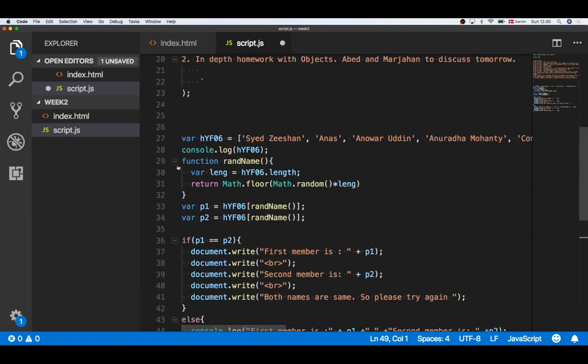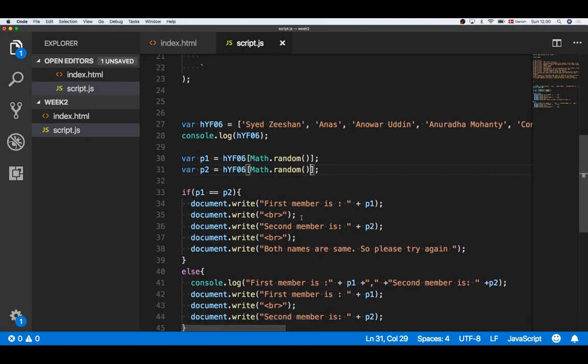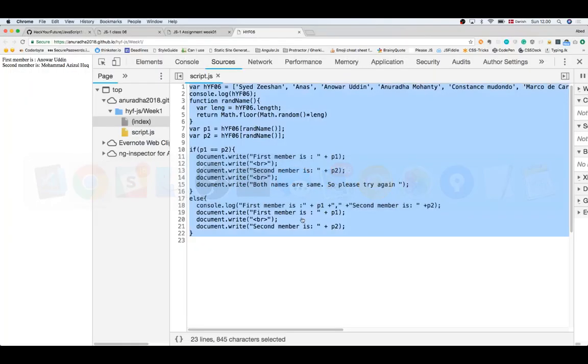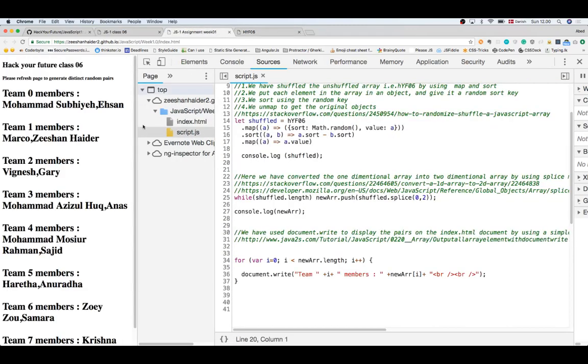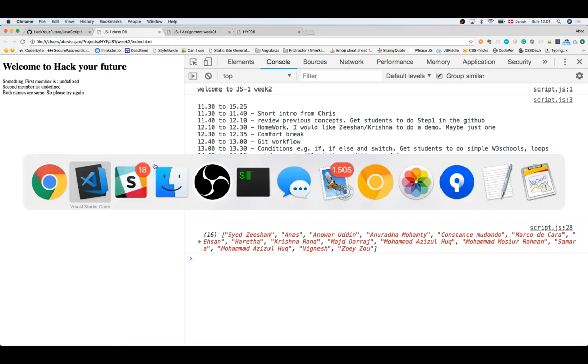So if I remove this one, I haven't tried. Let's see if it works. Okay. I think it's coming here.